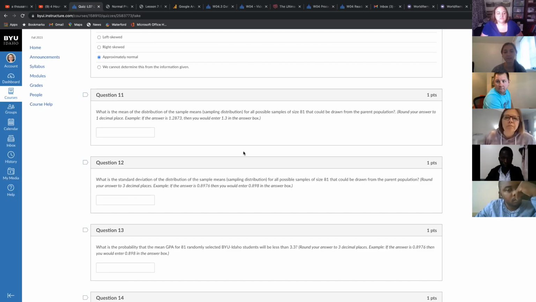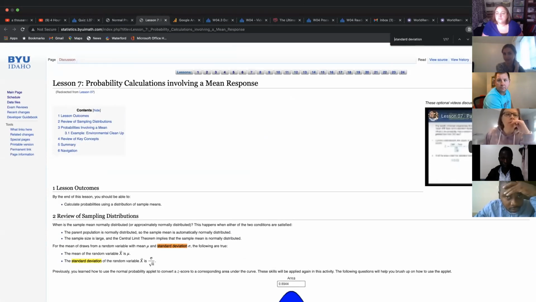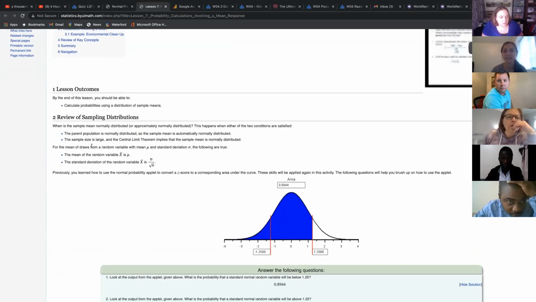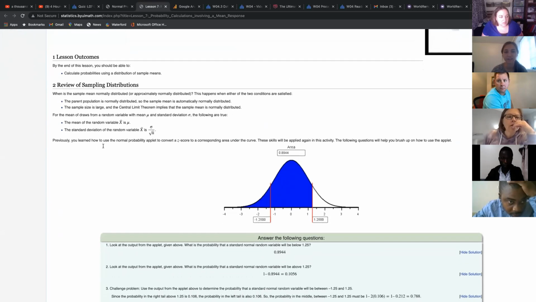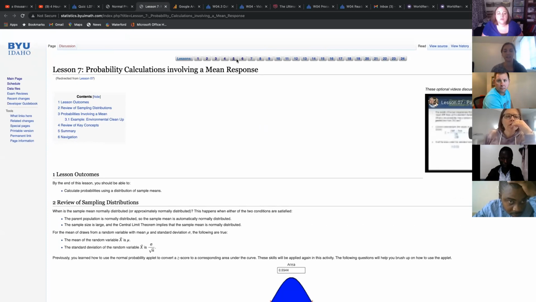It kind of tells you at the top, like how to do that. Also, lesson 6 actually kind of talked about this. In the bottom, if you look at the summary,